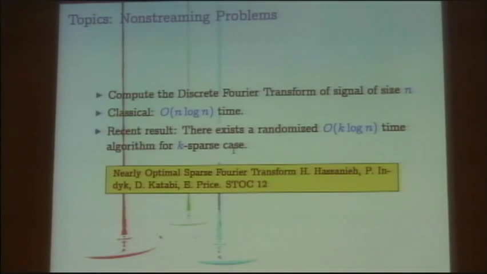that's got a lot of attention recently, which is the problem of computing the discrete Fourier transform. I was told that there are a lot of scientists in the audience, so I'm sure that this function means a lot to a lot of you. Okay, signal processing relies very heavily on some version of Fourier transform. And we all know the fast Fourier transform result, which is a classical n log n time algorithm. And there's been about 20 years of progress on this problem